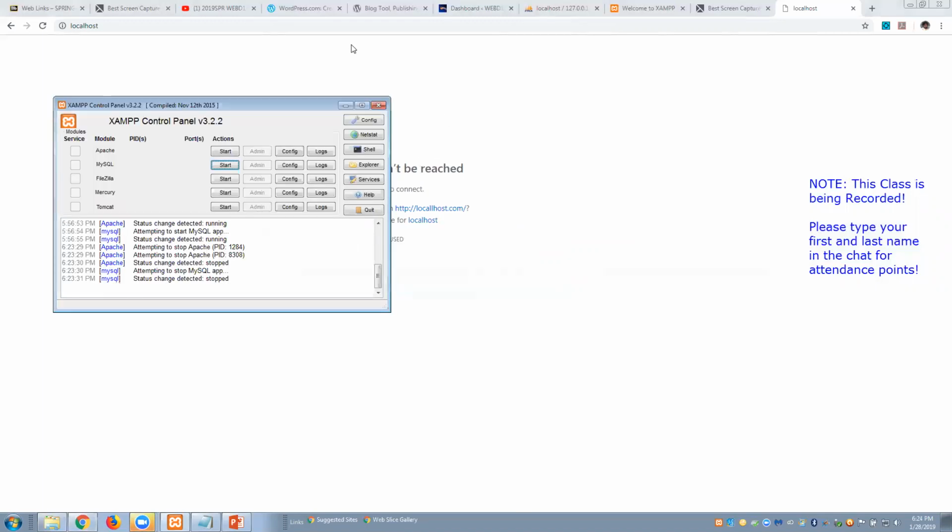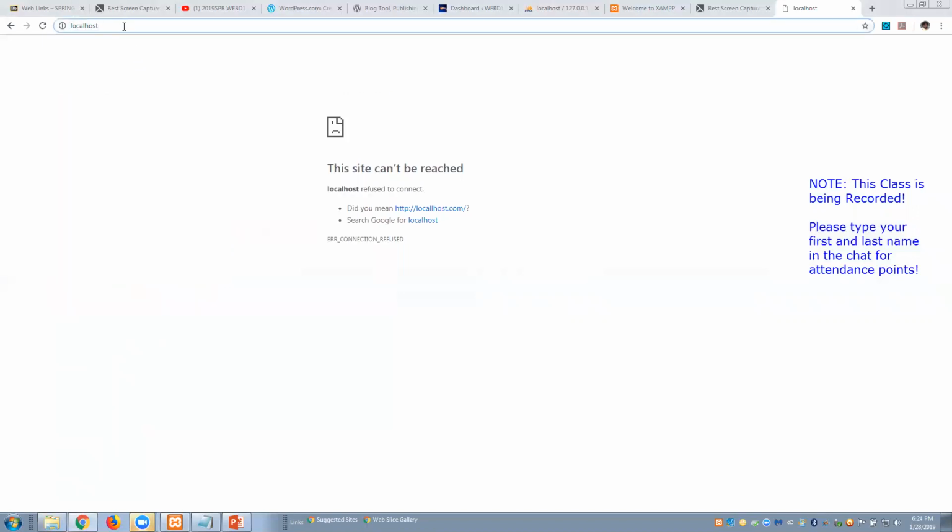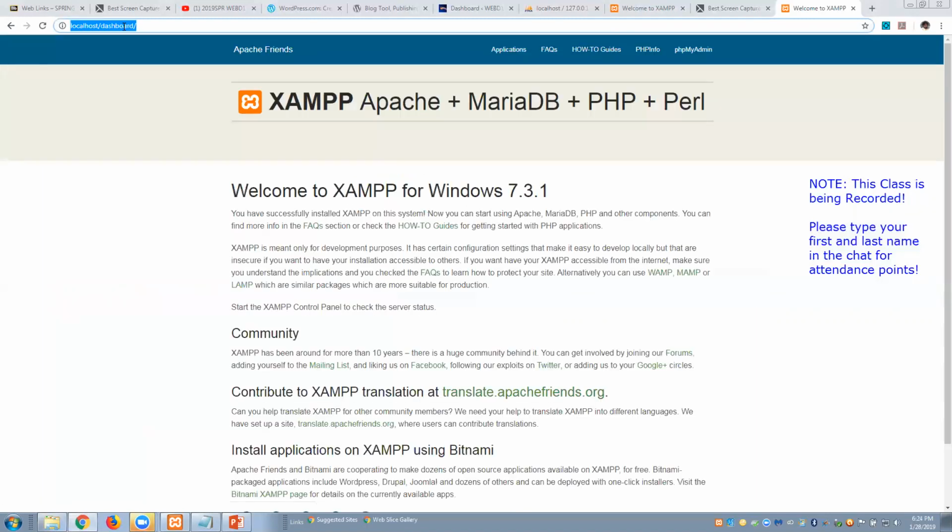So instead, I've got this control panel for XAMPP. Now I can turn on this web server called Apache. And once I turn that on, if I try to go to localhost, and localhost again is just saying, look at yourself and find out if you have any web server or any information on here, it comes back and says, oh, looks like you've got a website called XAMPP, and it's giving me a display message.